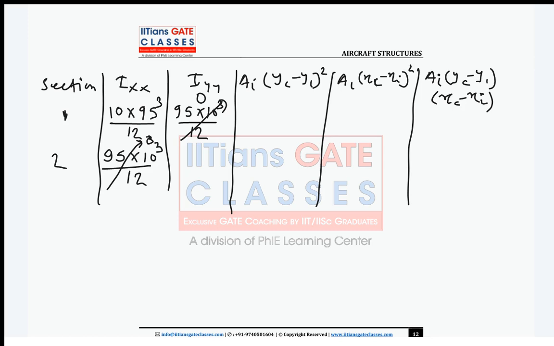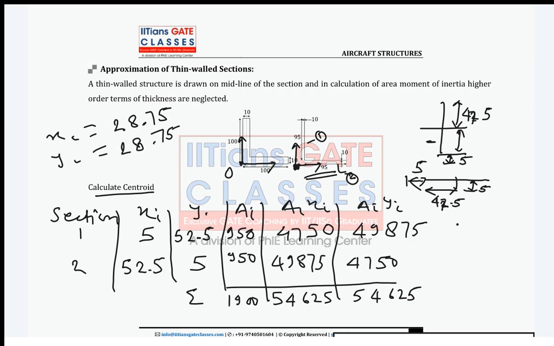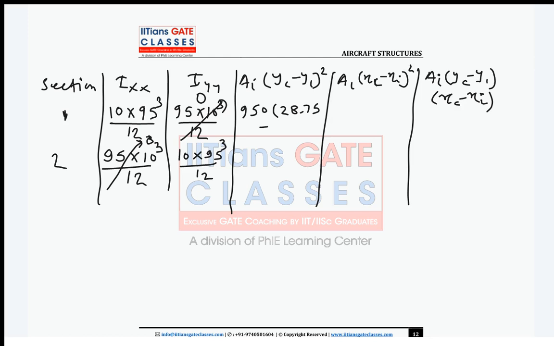So what is the Iyy? It is 10 into 95 cube by 12. Okay. Now A_i, so 950, then 28.75 minus, so what was the y_i? 52.5. So 52.5 square. Okay, then 950, 28.75 minus